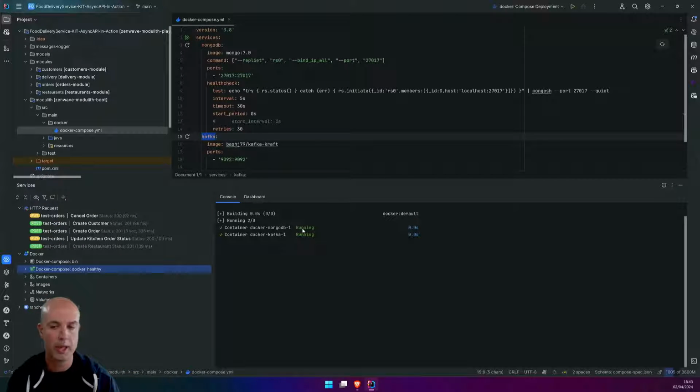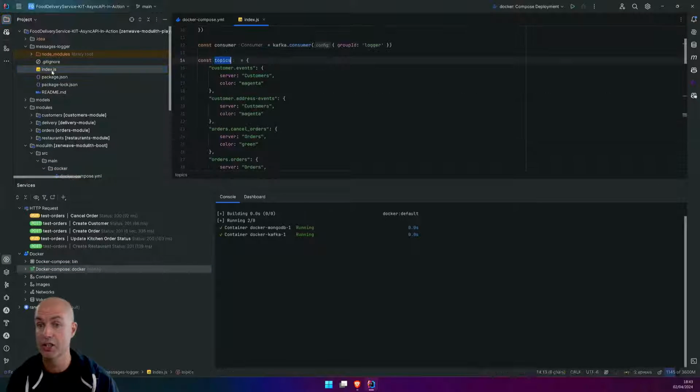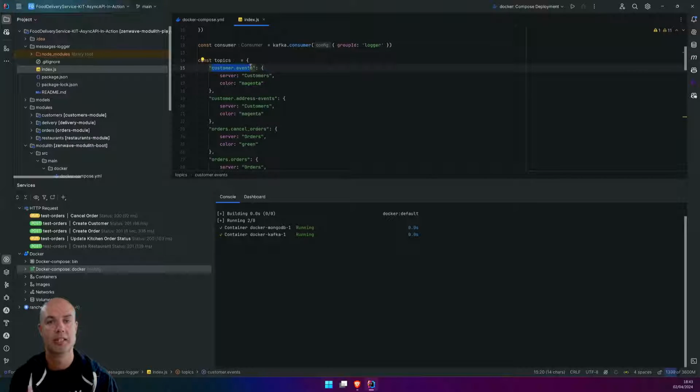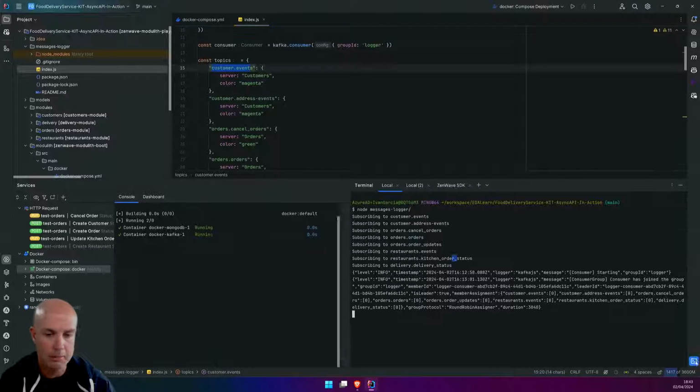So when we have them running, I have here a small script that is going to connect to Kafka, subscribe to all these topics, and print the different messages in different colors, so we can debug what is happening behind the scenes.